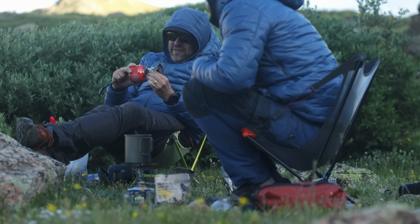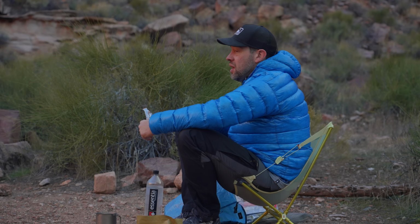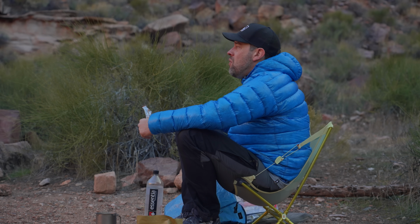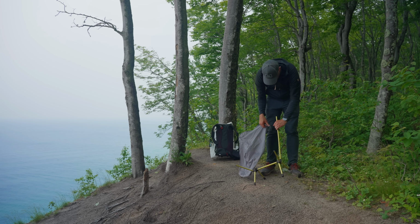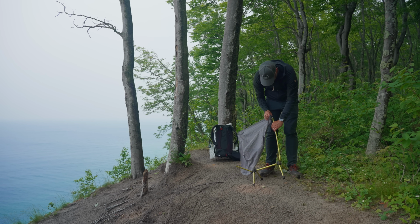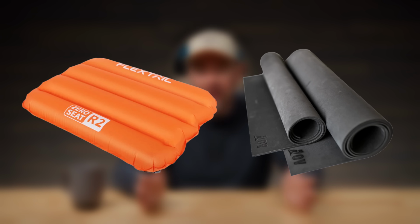Yes, I get it. I'm the camp chair guy. Everybody loves to call me the camp chair guy. And while I do think that's true, I think it's very comfortable. I think it's very sort of necessary, I guess, at the end of the day for you to relax and just have a nice place to sit and sort of take the load off from the whole day of hiking. You don't need a camp chair. You could easily just use your backpack and a sit pad or a foam pad to be able to sit